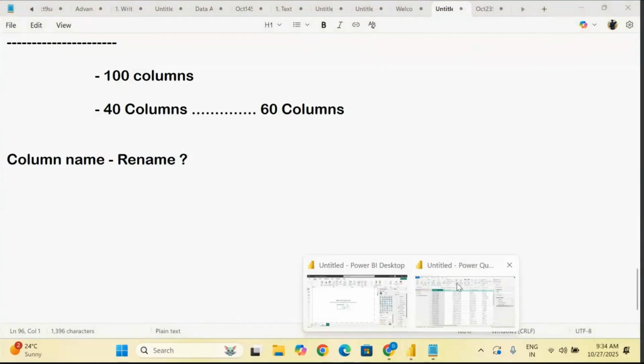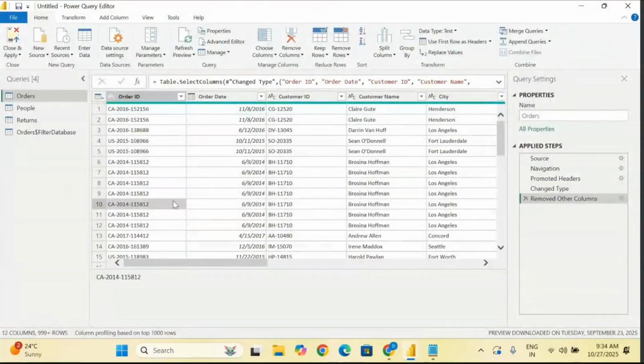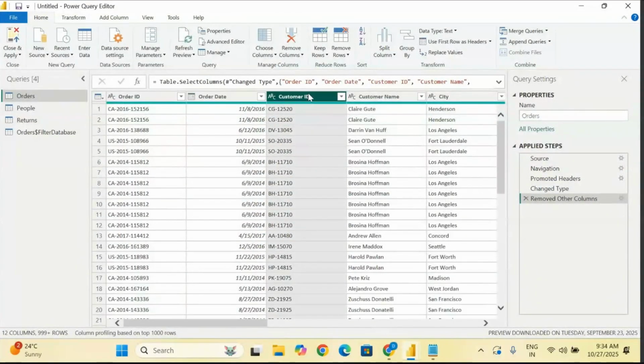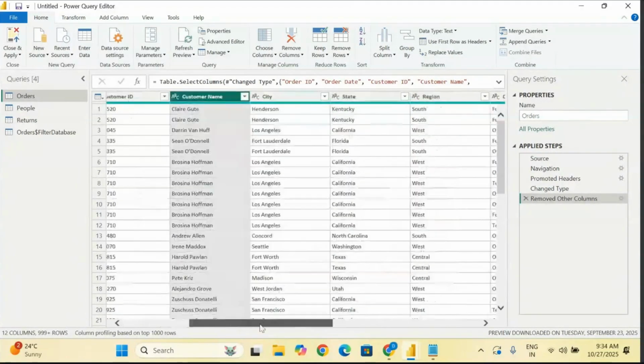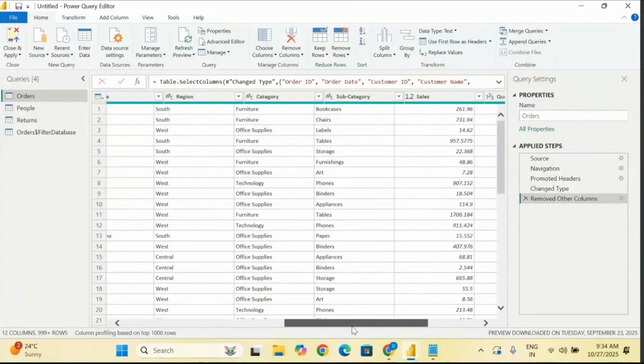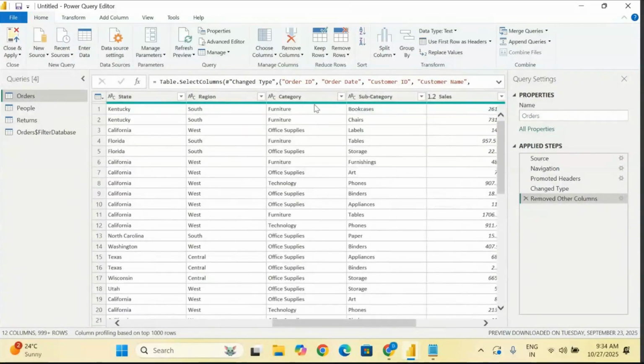Go to your Power Query editor, same. These are the column names. Let's understand. For example, here the subcategory or category is there. I want to rename it as items or products. So what I do here is